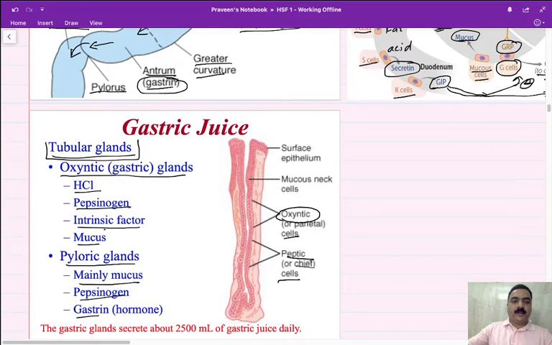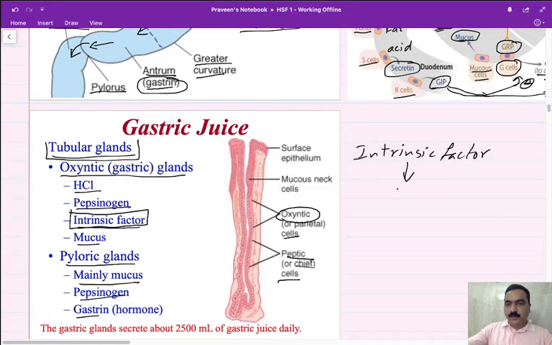Now let us discuss a little bit more about this intrinsic factor. Intrinsic factor is very essential to bind with vitamin B12, cyanocobalamin, and protects it from the damage that can be caused by the acids. It just protects the vitamin B12; there is nothing done to the vitamin B12 by the intrinsic factor. Then this complex of intrinsic factor and vitamin B12 goes to the terminal ileum,